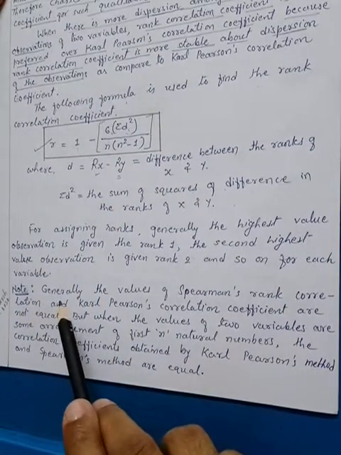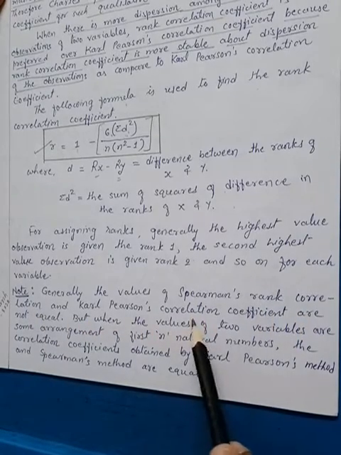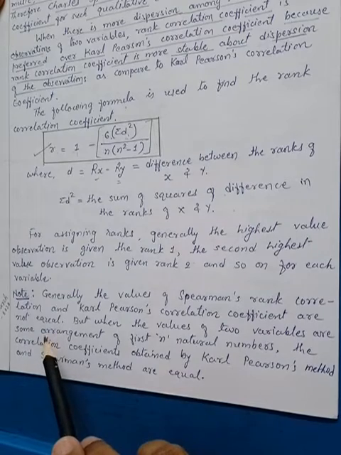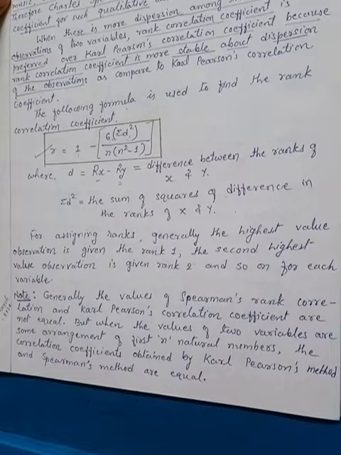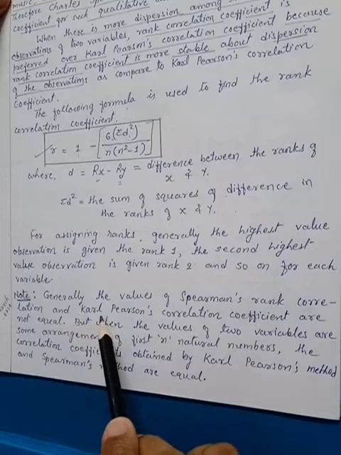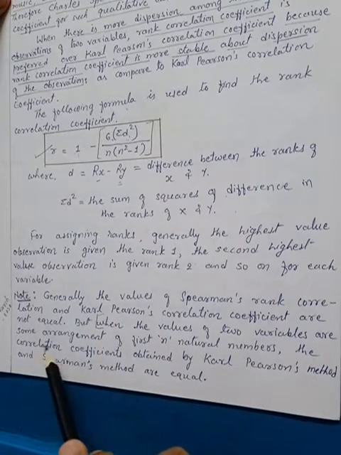Okay, generally the values of Spearman's rank correlation and Karl Pearson's correlation coefficient are not equal. Generally they are not equal. For the same sum, if you calculate the correlation by both methods, you will not get the same answer, remember. But this one is important: when it is equal is when the values of two variables are some arrangement